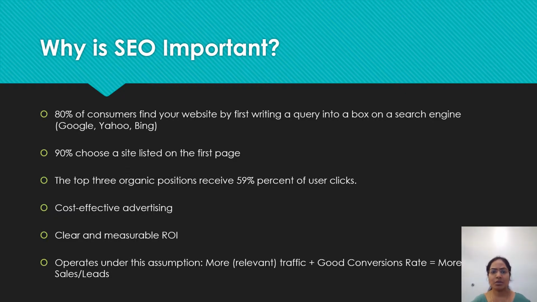This results in a target list on the first page, and the user usually looks at the first 5 to 6 links. These links on the first page are referred to as the organic positions, and they usually receive 59% of the user clicks. It is also a cost-effective way of advertising, which gives a clear and measurable